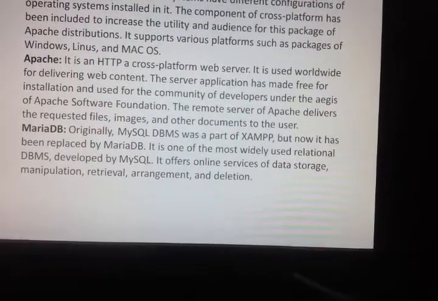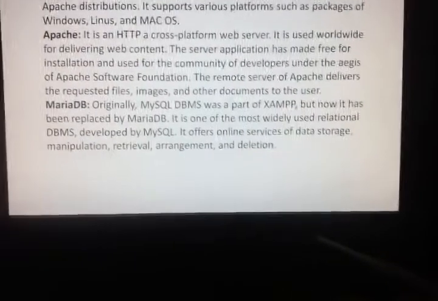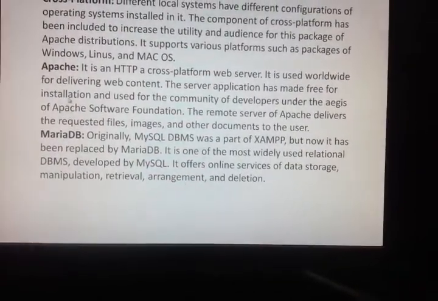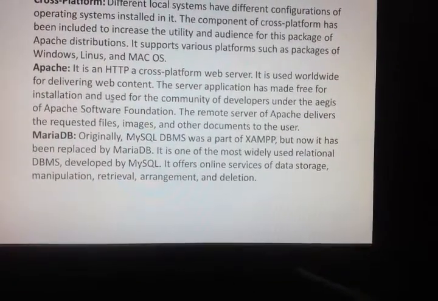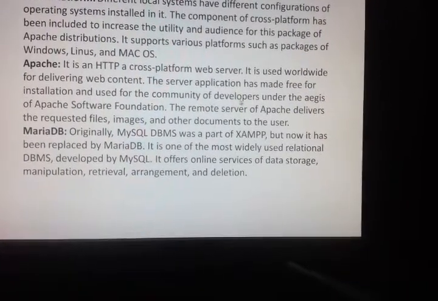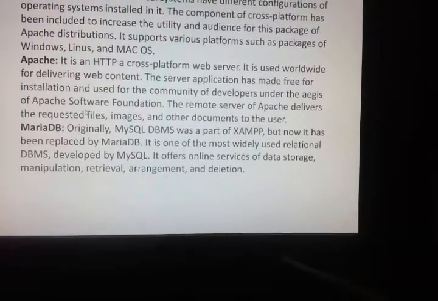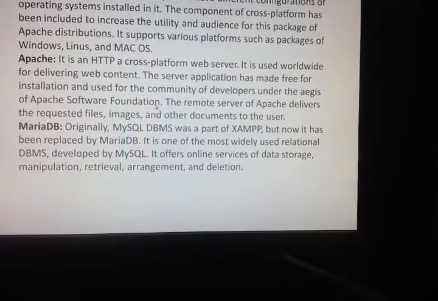The server application has been made free for installation and used by the community of developers under the aegis of the Apache Software Foundation.